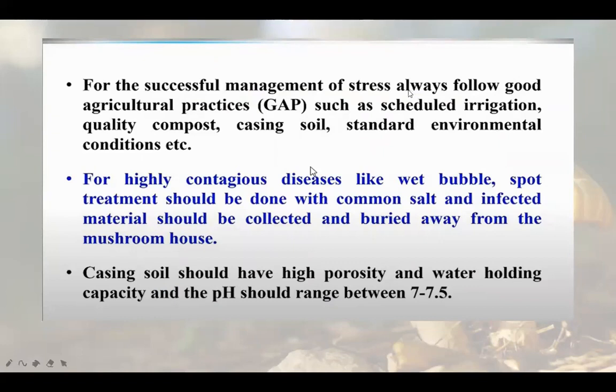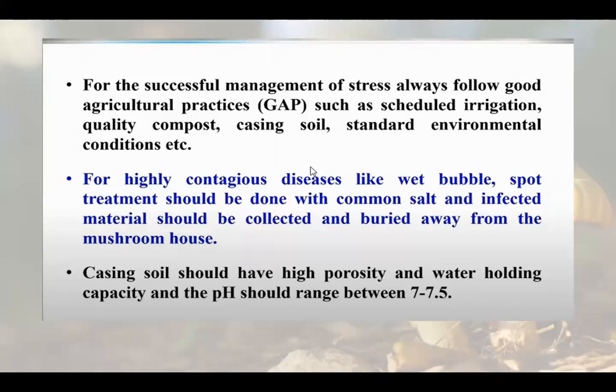So when you are going for mushroom production, there cannot be a delay of 1 day or 2 days. Every step you have to do on time, and you cannot compromise anywhere, whether it is pasteurization, sterilization, or collection of the spawn from registered centers. Every step has to be carefully done.